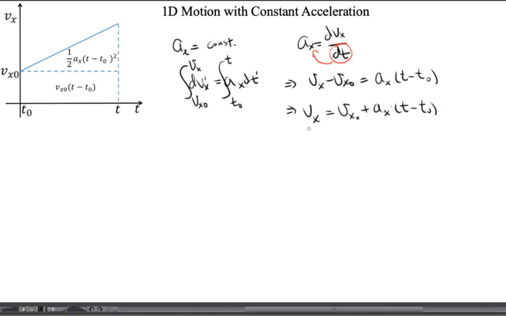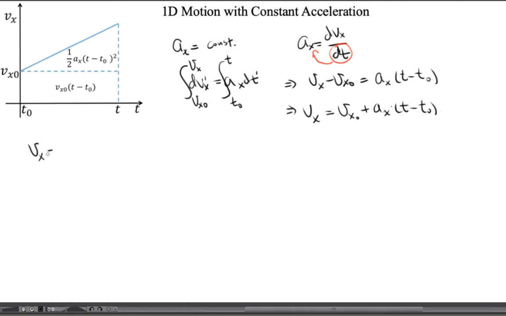Okay, so now let's start from here and think about how to represent the result in a diagram. If I plot vx versus t, I will get a straight line, a linear relation, as the velocity as a function of time. Now think about how to calculate the displacement starting from this equation here. And remember that